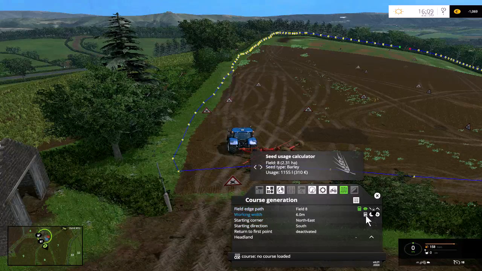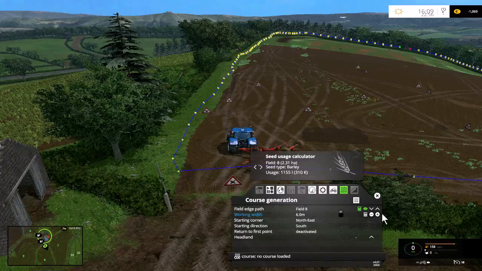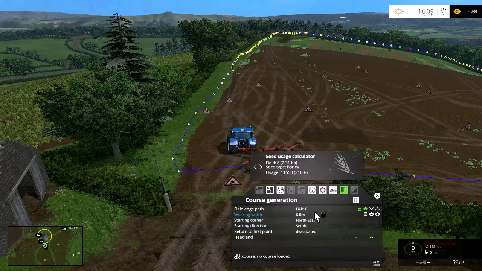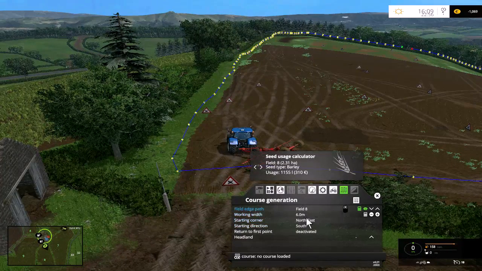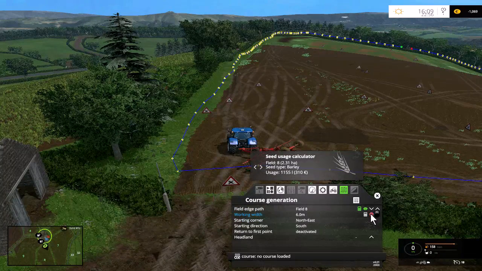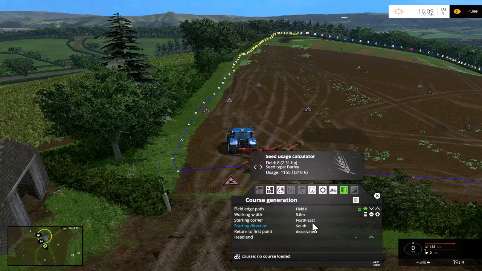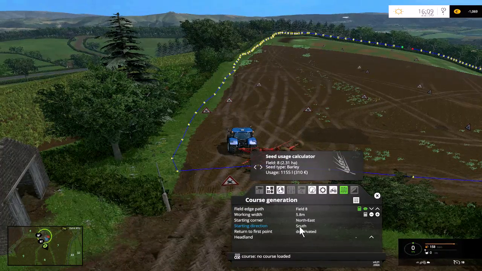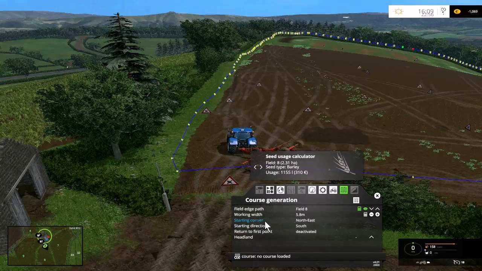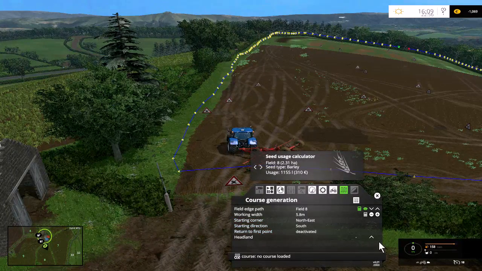Then you can do the working width, which is 6 meters, but if you want to make sure you don't get any gaps missing in it, you could make it 5 meters or 5.8 meters just by taking it down a little bit. So we'll make it 5.8 meters just to make sure there's no gaps. So there might be some gaps, but you know, it will overlap a little bit. Starting corner, we've still got northeast facing south, and then